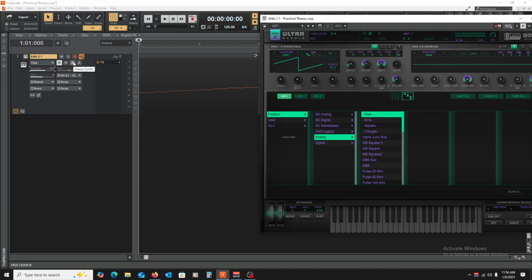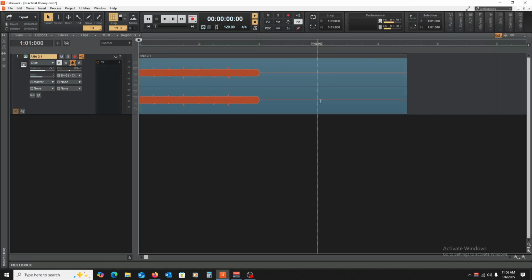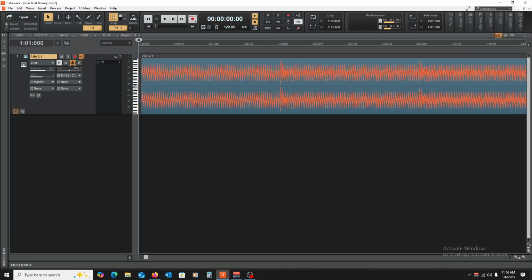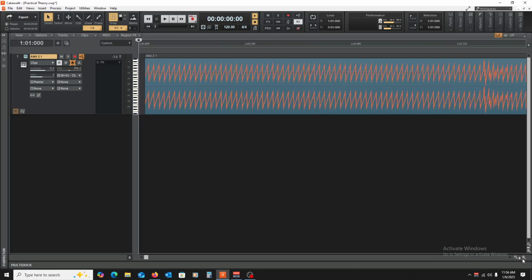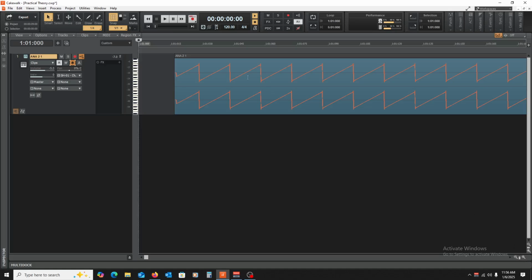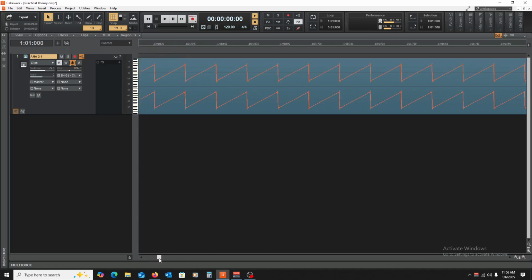And maybe we can even get an idea of that to a degree here. If we really zoom in, we can see the waveform goes up and then drops and then goes up, and it looks like a saw, right? Just like when we were looking at our pianos and stuff earlier.